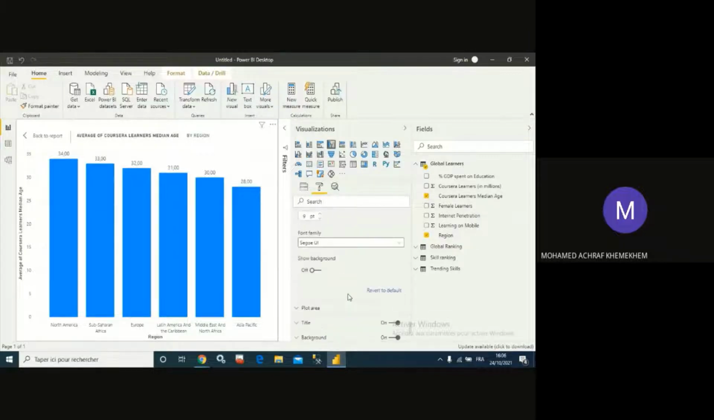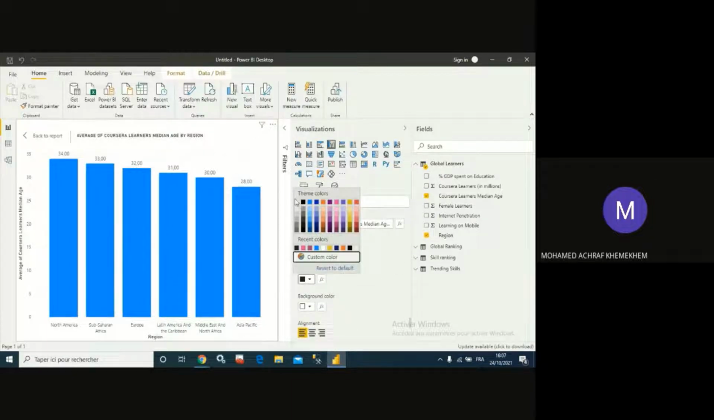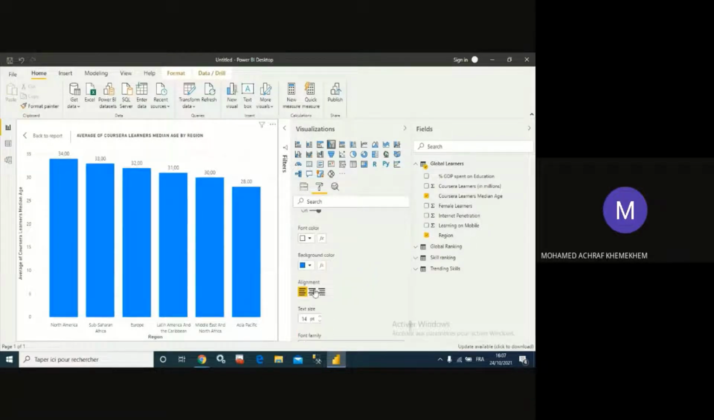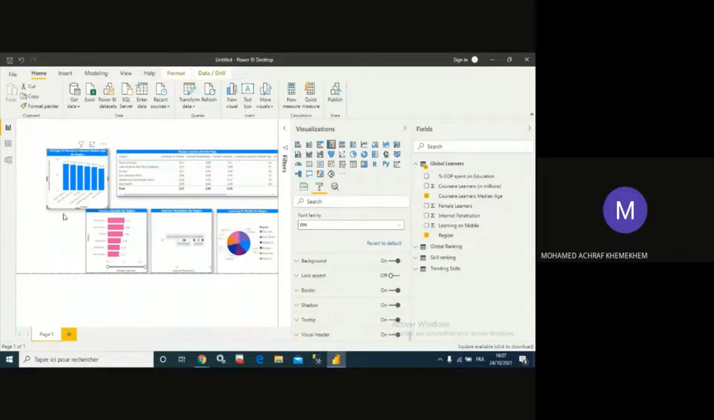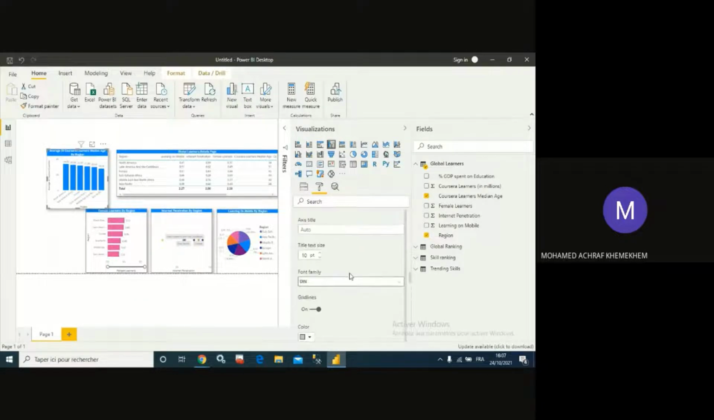Okay, so let's now make changes on the name by region. Okay, so we are going to change the font color, the background color as usual. Okay, let's add a border and a shadow. Okay, so we have now this chart,